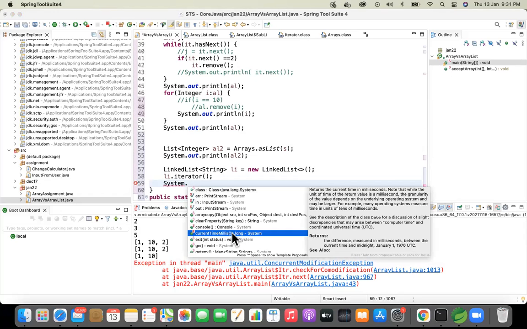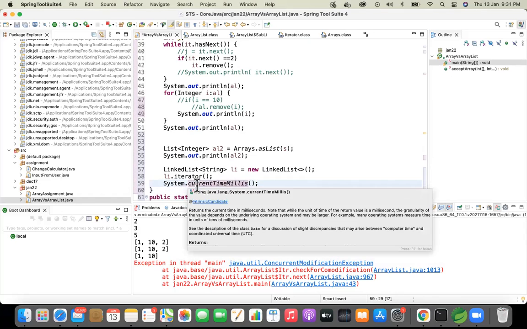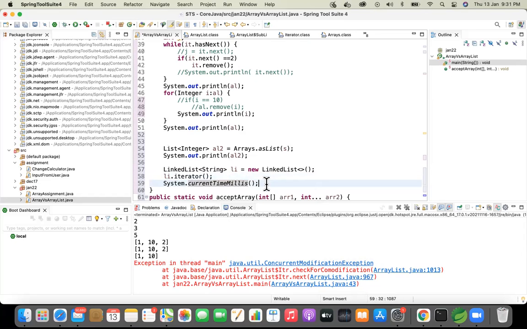I want you to use this one and check the time taken for your normal for loop, using for each, and using iterator. You have any number of list values. Before iteration starts, take the value of this, which is a long value. After your iteration, take the value and find the difference between these two, and check the execution time taken for your for loop, for each, and the iterator using array list and linked list. Consider this as start time and end time, and find the difference in three ways.